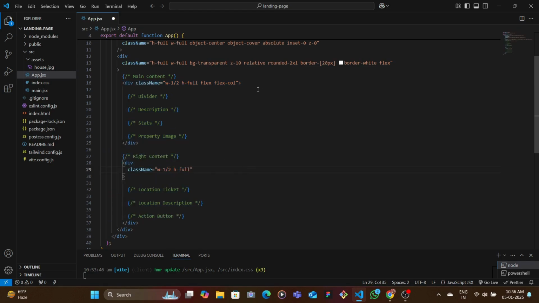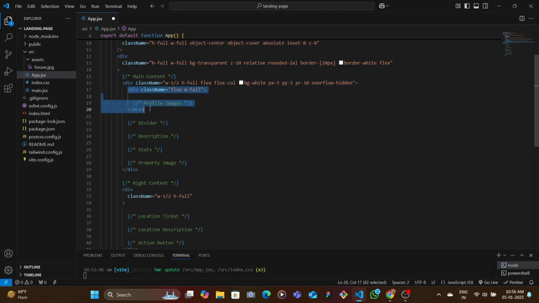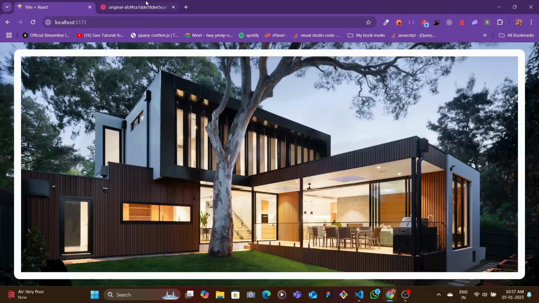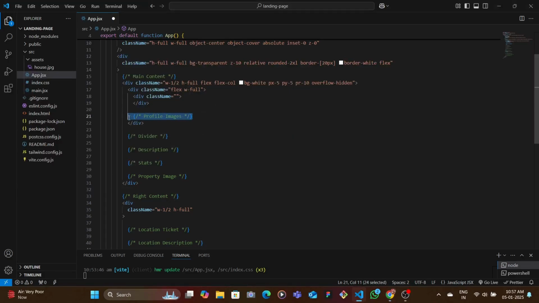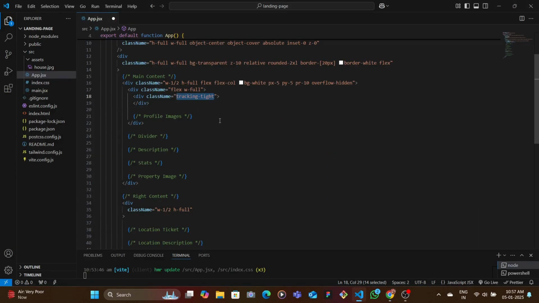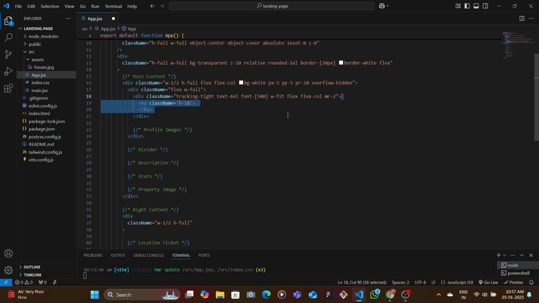So we're going to get started with the text. We want the first half to have the background white, some padding, overflow to hidden, and then we'd have a flex with width to full, wherein we have the profile images, these three images that you see. We just call them profile images, and then another div to hold the text. For the div to hold the text, we'd have the tracking to tight. This is basically the letter spacing, and then we'd have the font size, font weight, width to fit, flex to column, margin right, and then we'd have